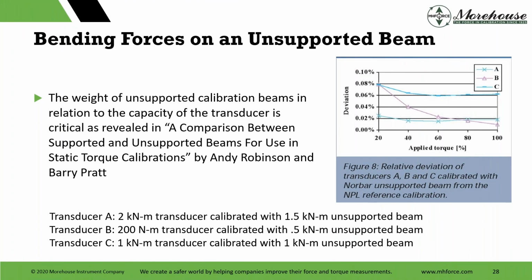What NPL did in this paper is they took three beams, A, B, and C beams, and they calibrated different transducers with each of those beams. So we ended up getting transducer A, which is a 2 kilonewton meter transducer, transducer B, 200 newton meter, and transducer C, a 1 kilonewton meter, with a 1 kilonewton unsupported beam, a half kilonewton unsupported beam, a 1.5 kilonewton unsupported beam. They did all of this, and then they looked at the deviation of these errors with these beams, and no surprise, looking at these graphs, see the 1 kilonewton transducer with a 1 kilonewton unsupported beam, look